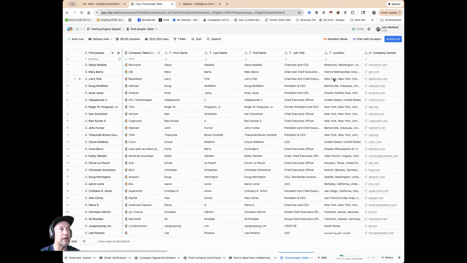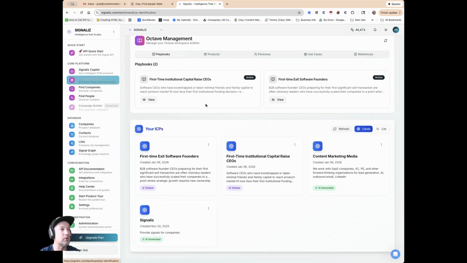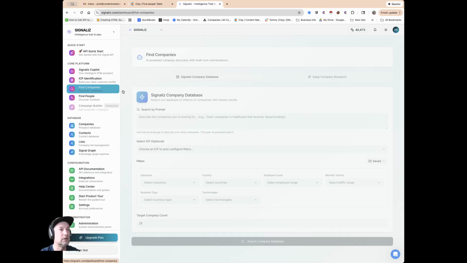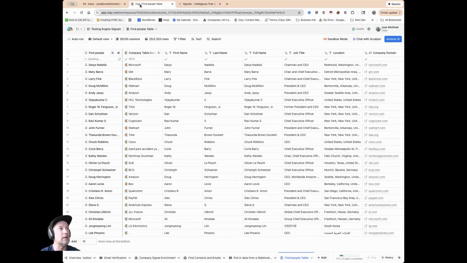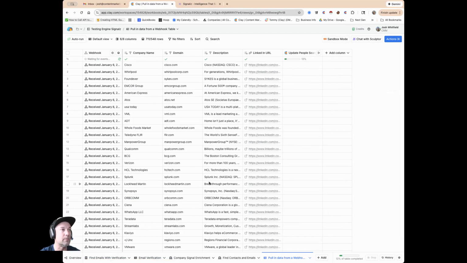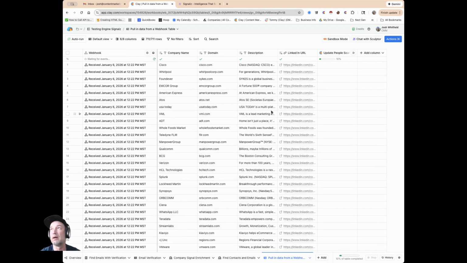And in recap, what we've done here, if you remember, is that we came and we selected the ICP. We pulled the companies from our Signaliz company database of 50 million companies. We then came into Clay with those companies. We started with this webhook of companies that we just pulled. And that was 30 minutes ago. We pulled those. And then we came and we used Clay